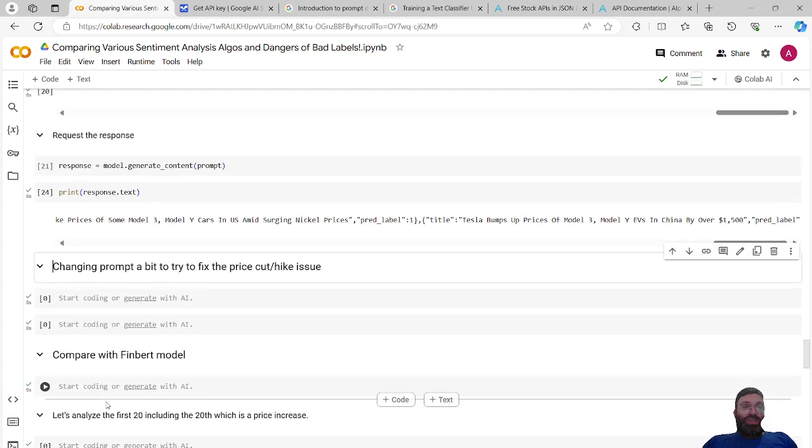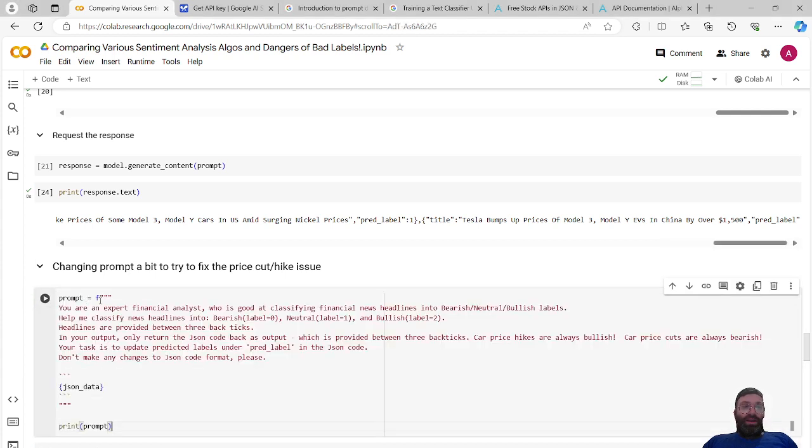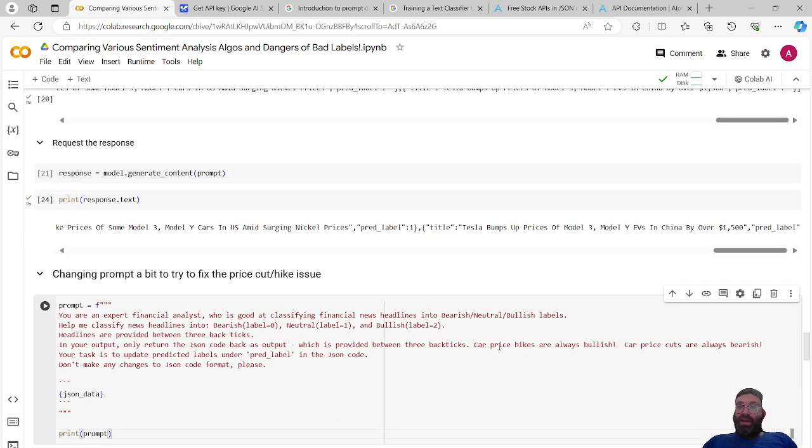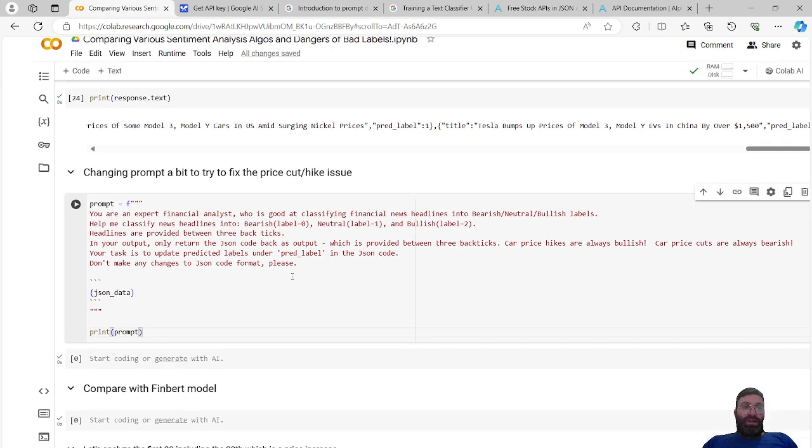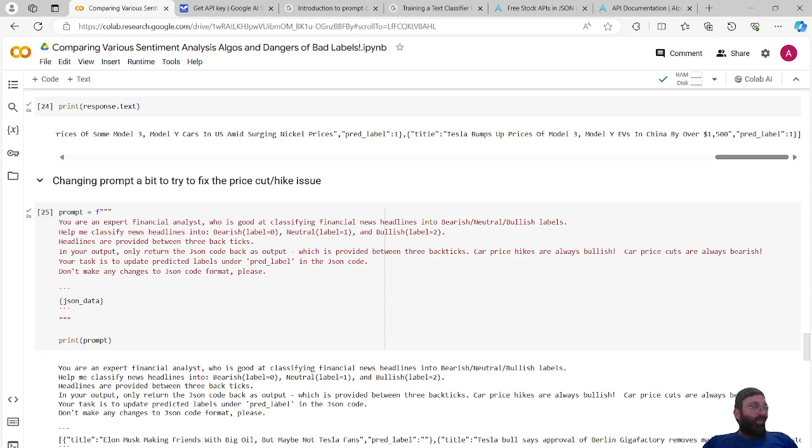Okay, but we can cheat the prompt or change the prompt by adding something. Basically we can force behavior. So we can say, okay, we can have everything as above, but here we say car price hikes are always bullish, car price cuts are always bearish. But the point is that out of the box, this is actually not what we wanted. We wanted this to be bullish, but if you force it, price hikes are bullish, price cuts are bearish, and you do the same prompt generate thing, you get